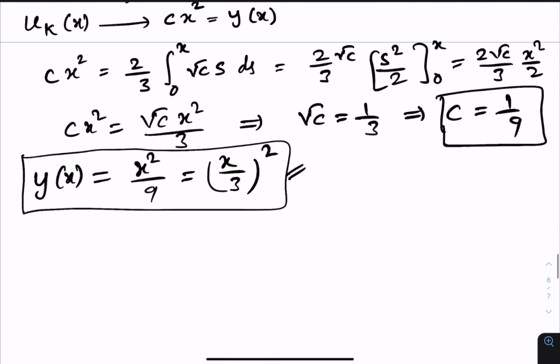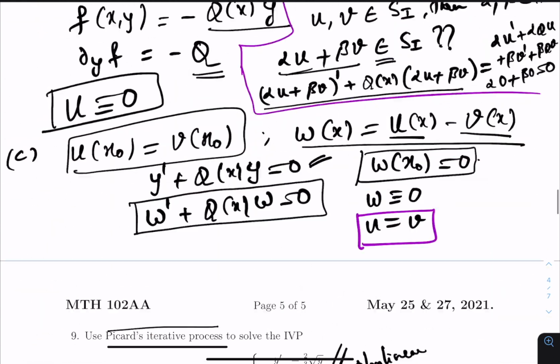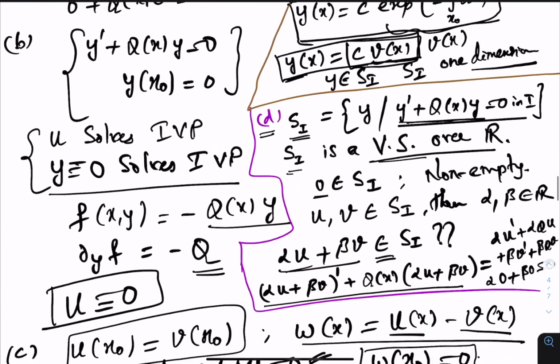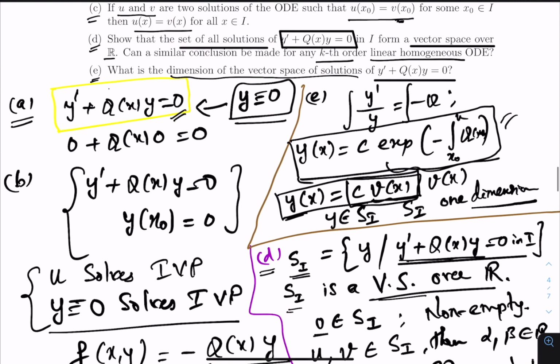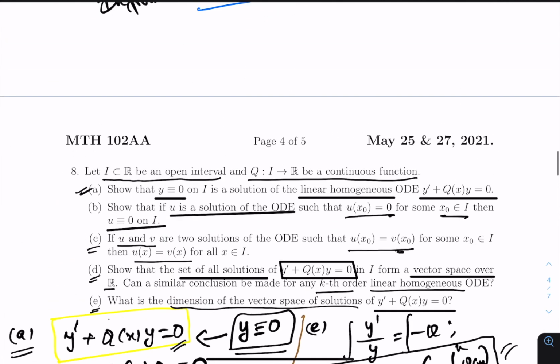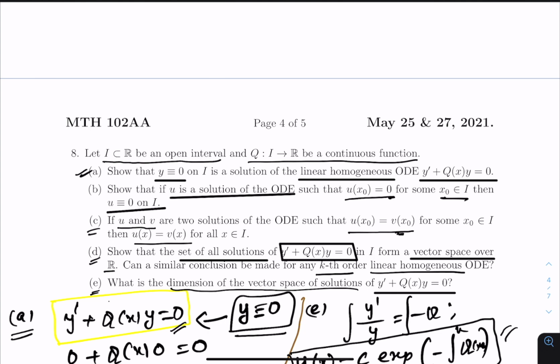Okay, so with this I think we complete everything. I hope you will complete whatever I left here, in case you want to verify this. So conclusion D, for kth order linear, you should know that if y prime plus q x y is the first order linear homogeneous, then a kth order linear homogeneous will look like,